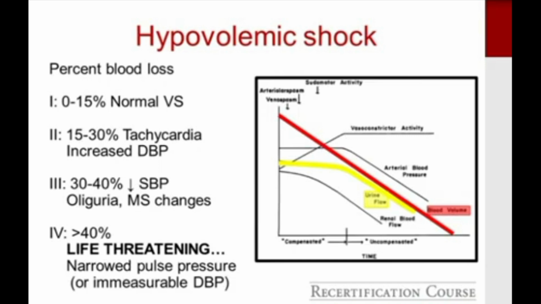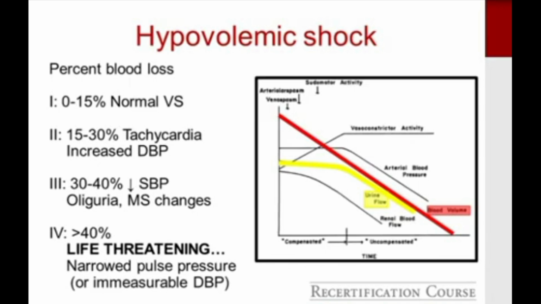So the percent blood loss is going to be important for how the vital signs are acting. Up to 15% of blood loss, you'll have normal vital signs because the body does a pretty good job of maintaining their vital signs. With blood loss up to 15 to 30%, the heart rate will increase and you'll have increased diastolic blood pressure as peripheral vascular resistance increases. With blood loss from 30 to 40%, here you have a decreased systolic blood pressure, oliguria, and you'll start having